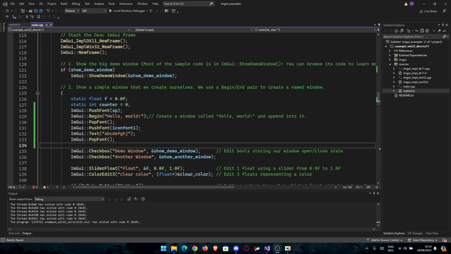A very popular font that people usually use is FontAwesome, and that's a bit more complicated, but it has many icons. So let me know if you want a tutorial on that as well, but it should be pretty easy if you watch this video to convert to that one. And one more thing, I'm thinking of teaching you guys how to include images into your ImGui program, and maybe even GIFs or videos. So let me know if you'd like to see that, and as always, subscribe, leave a